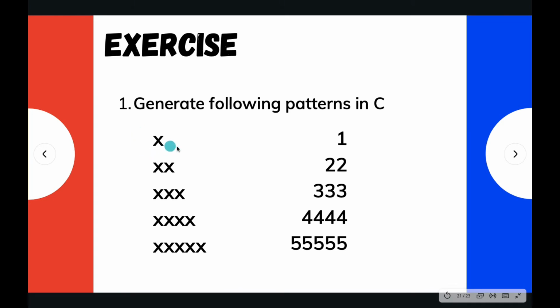So how are we going to generate the logic behind that? Obviously we need a nested loop: one loop to print the x's and one loop to switch lines, or print out the new line character for us. So we are going to have a very outer loop that prints out the new line character, and the inner loop is going to get executed. But there is a twist here. The inner loop is not executed a constant number of times. It is executed one time at the very first iteration, then two times on the next iteration, and then three, then four, then five.